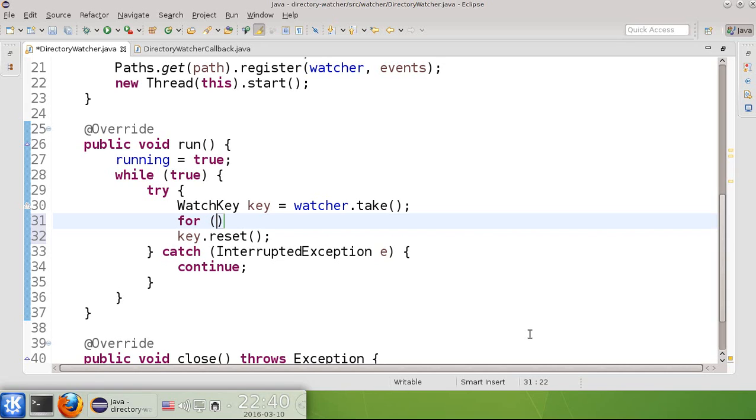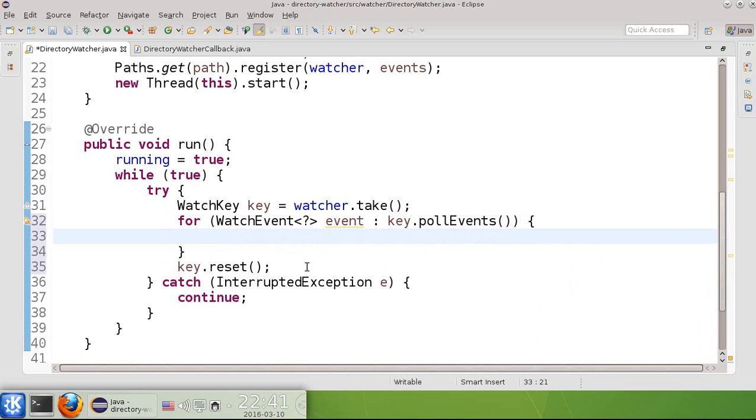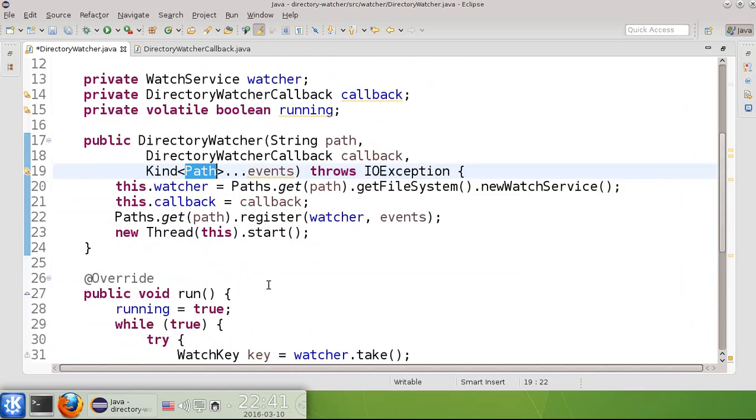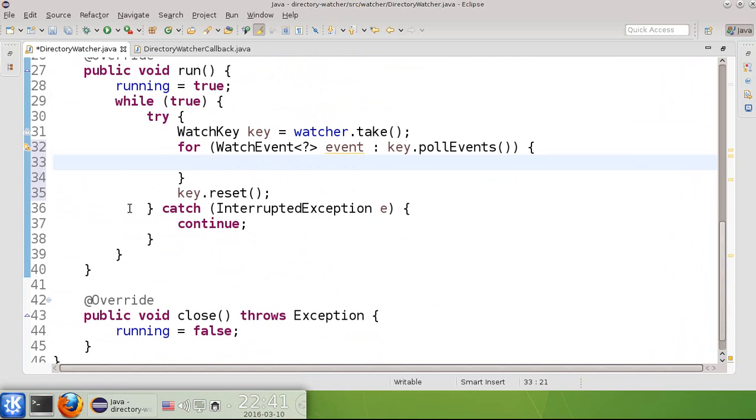And what I'm doing in between is to take the events out of the key. So I'm polling for the events, and I will receive a generic event. But the idea is that I know I'm registering with this. I can only register events of generic type path. So therefore I call the callback, it's my handler, I call its own event, and the event has to be